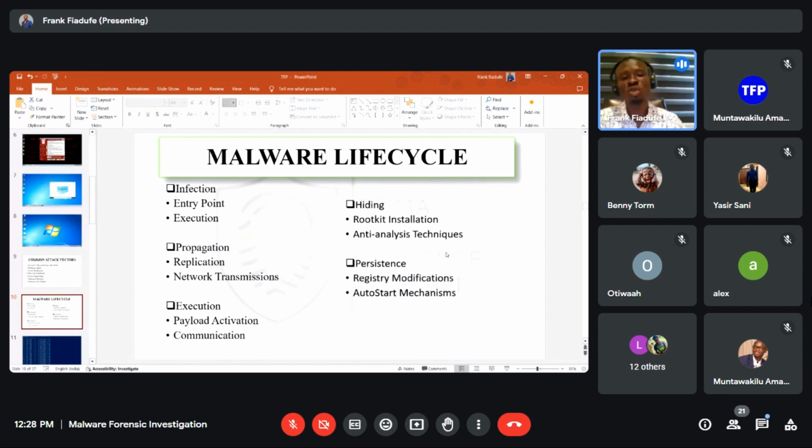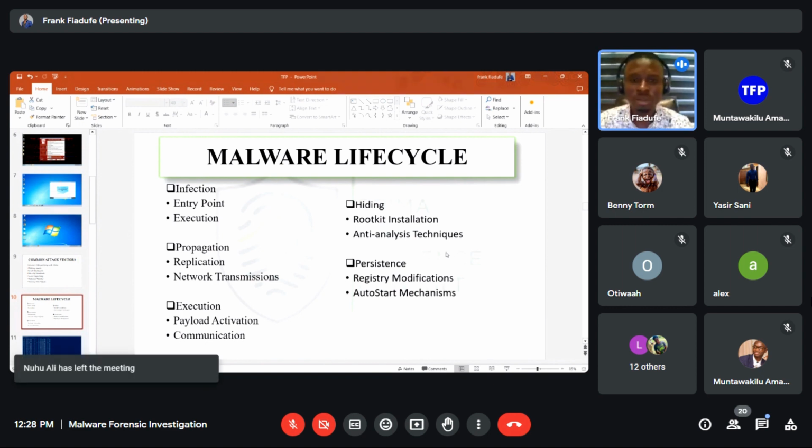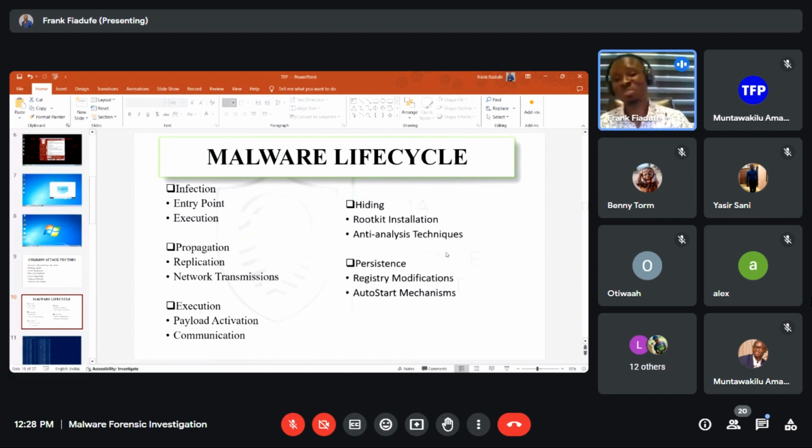So after the malware gets into your system, it has to be executed. There are different processes that we go through. I will tell you one of the cases that I handled as an example. Cyber criminals are becoming smart now. They think they are becoming smart. So that is when cyber threat intelligence is really necessary. Have a certificate in that. So one of our clients that we worked for,